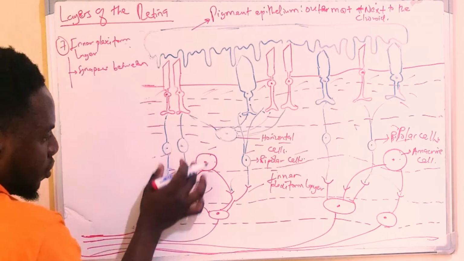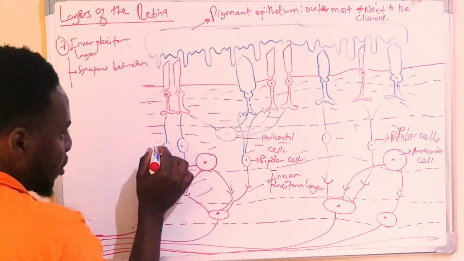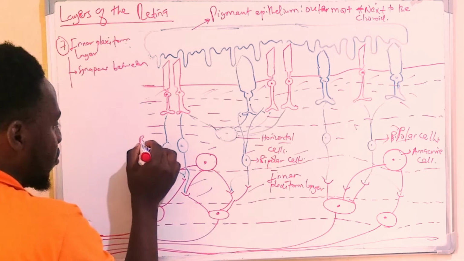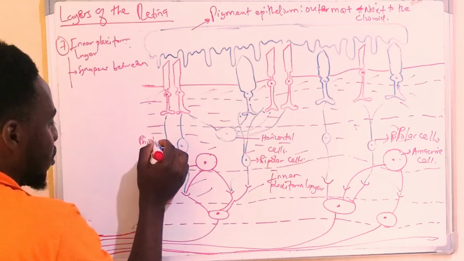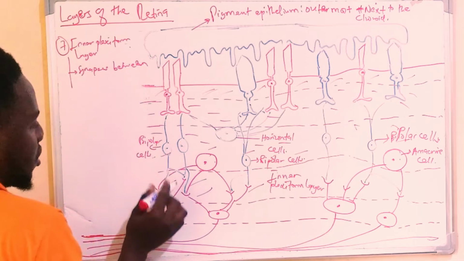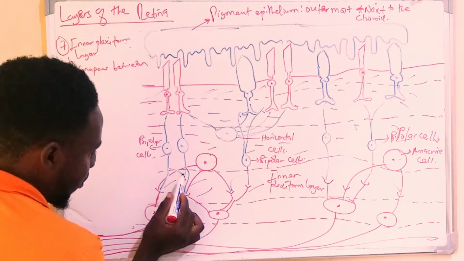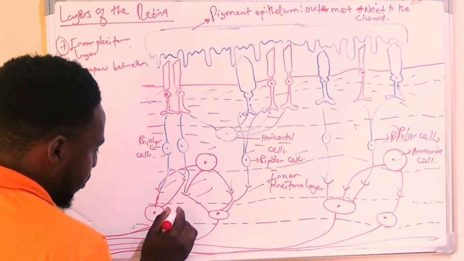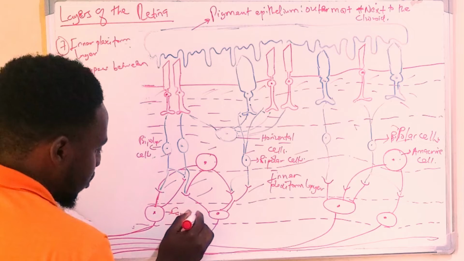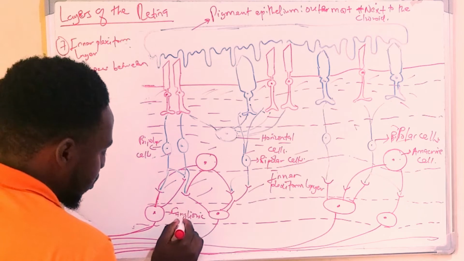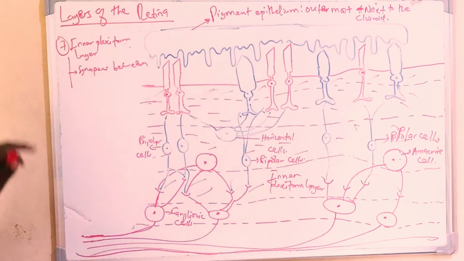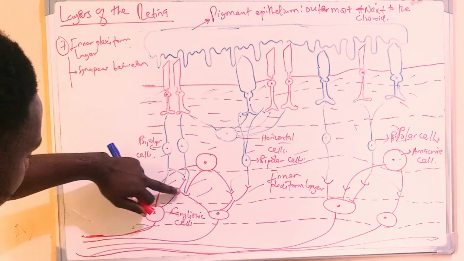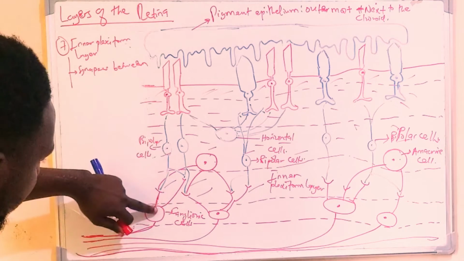These ones in blue are the bipolar cells, except this one here, which is the horizontal cell. You can see the synapse between the bipolar cells and these cells here, the ganglionic cells. That's why in the inner plexiform layer you'll find synapses of the bipolar cells and the ganglionic cells,